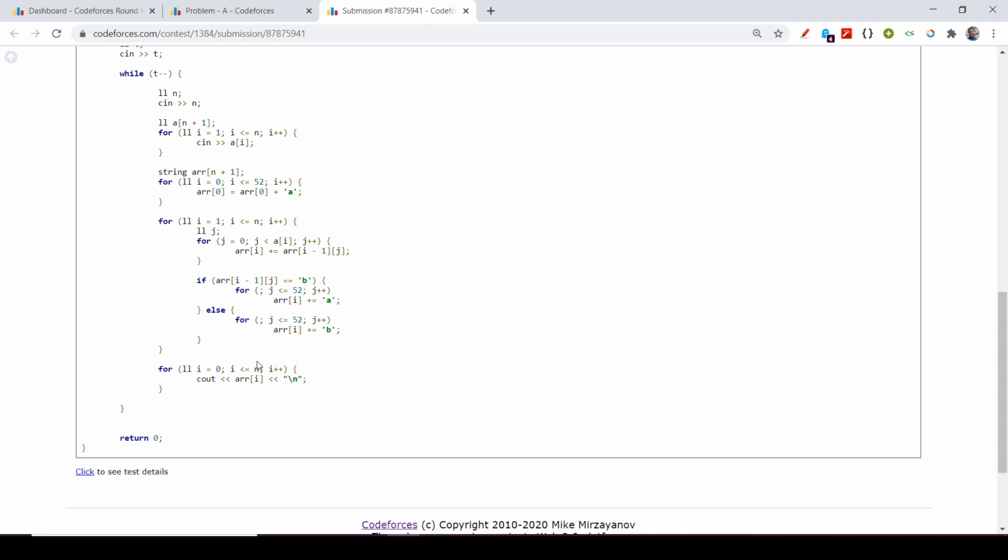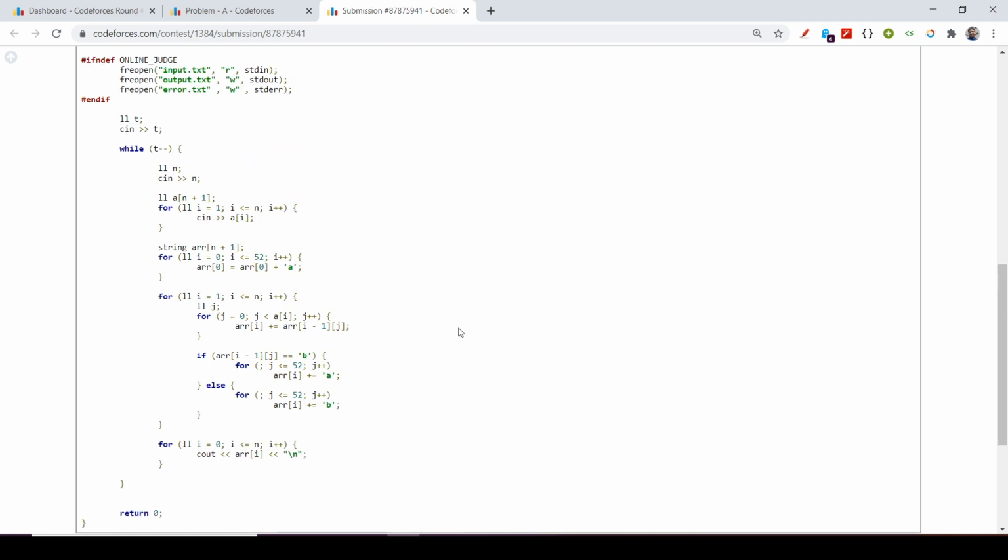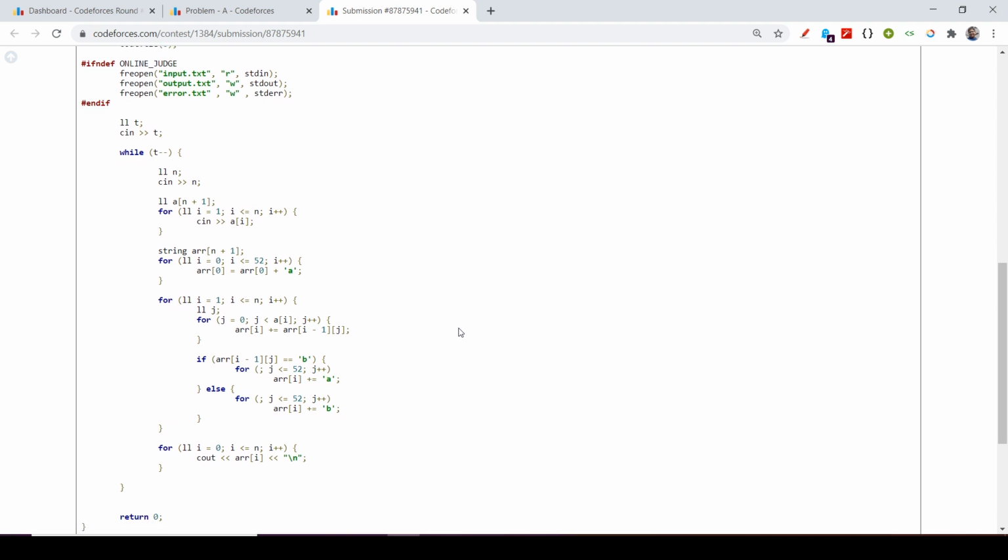So I hope that you guys have understood it, although it is a pretty easy problem. The interesting part about this round was that the B problem was much harder than C and D. I wasted nearly 1 hour in B trying to write its code, because I understood the logic but I was not able to write the code.